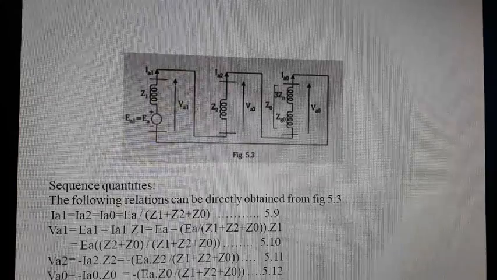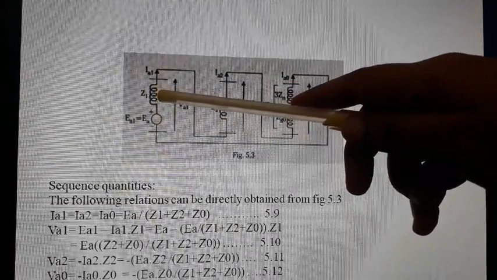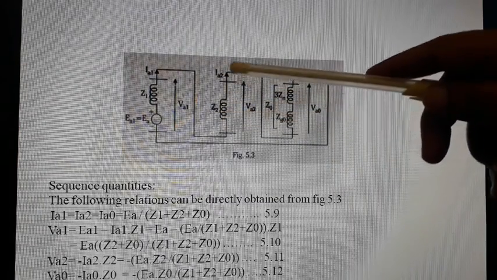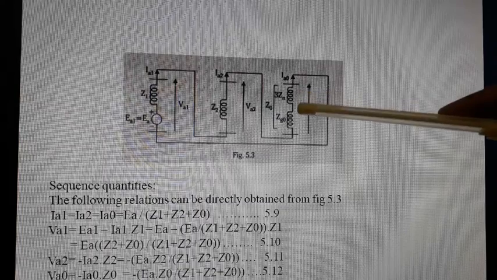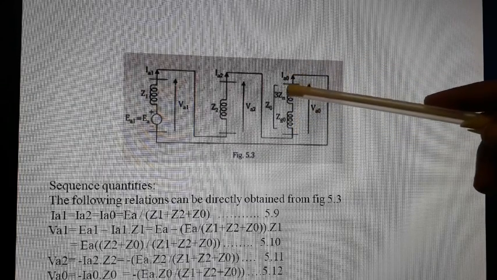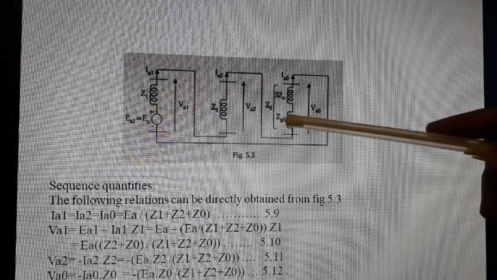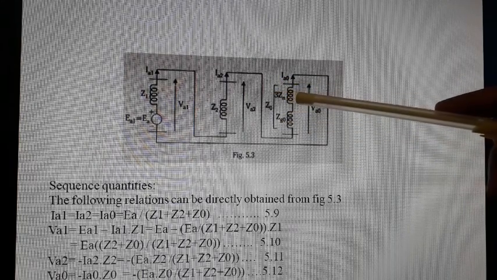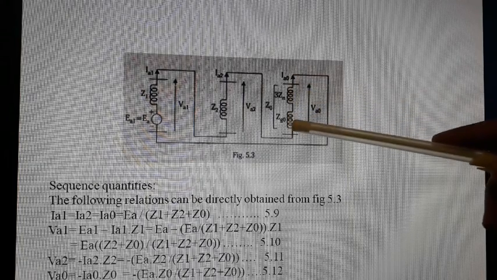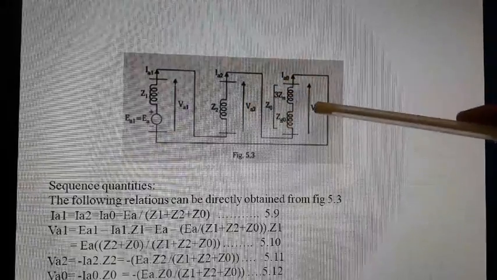Here the positive sequence network consists of the voltage source and the positive sequence impedance. In the negative sequence network, induced voltage is not there, only impedance is there. This is the zero sequence network. There is a neutral grounded through reactance. Therefore the zero sequence impedance Z0 is equal to the ground reactance plus 3 times Zn, the neutral reactance. So this becomes Z0, the zero sequence impedance.